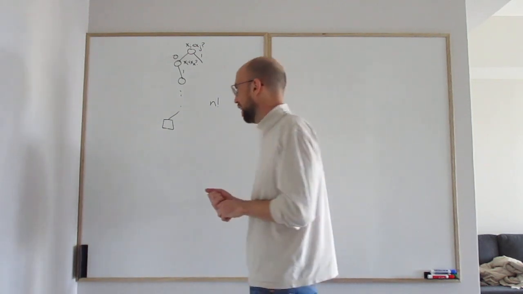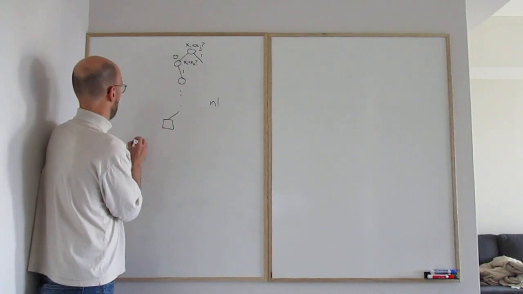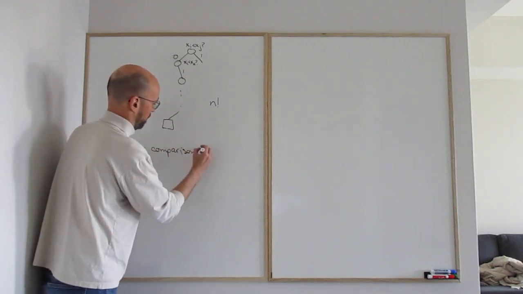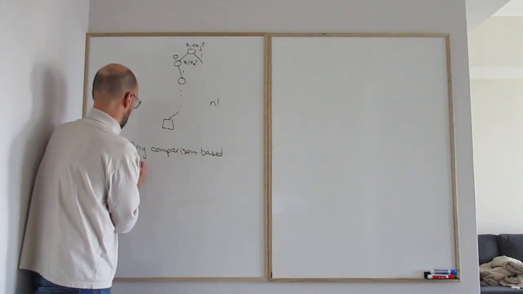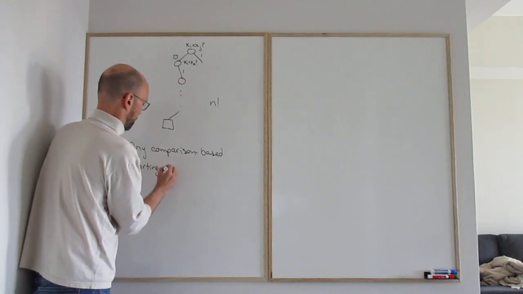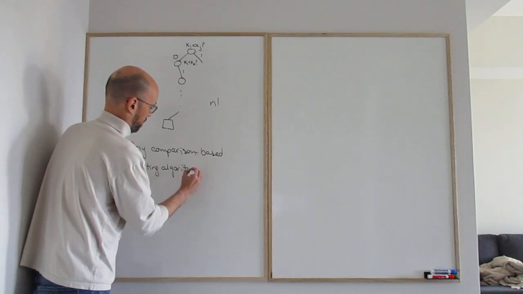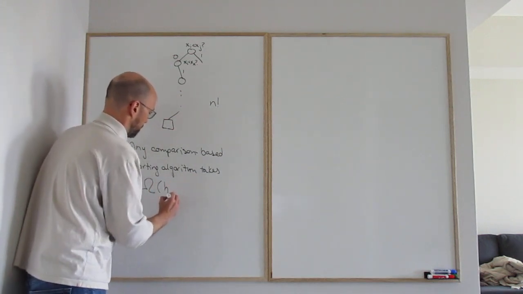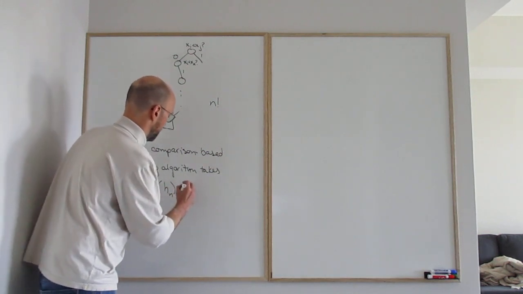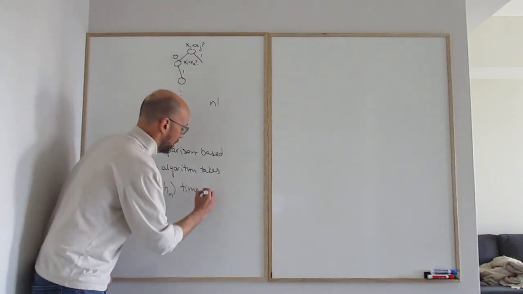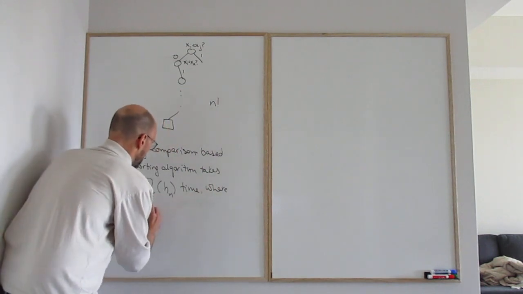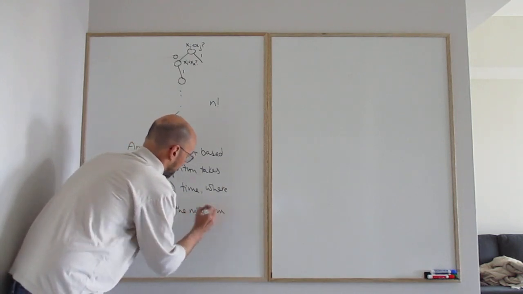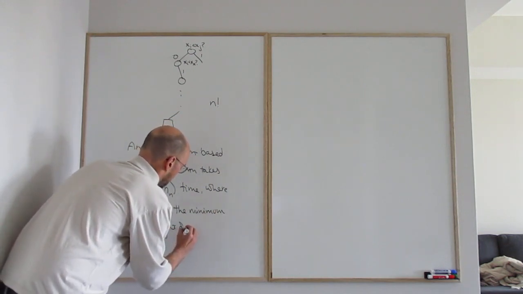Okay, so we can say that any comparison-based sorting algorithm takes Omega h sub n time, well, actually comparisons, where h sub n is the minimum height of a binary tree